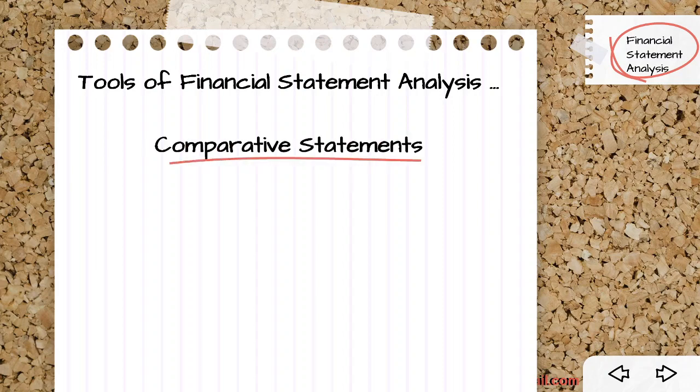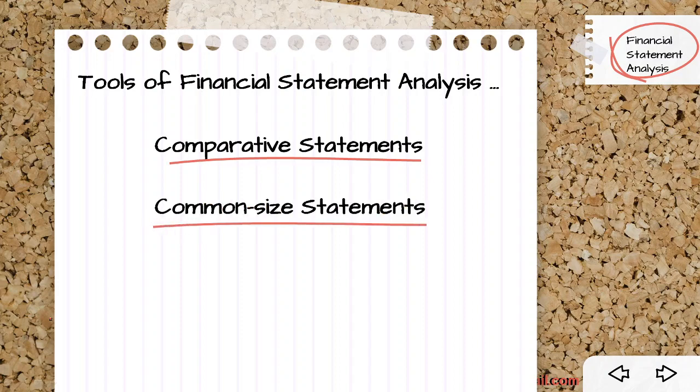So, as we have discussed in the previous chapter, there are four tools of financial statement analysis. The first one is comparative statements. As the name itself is suggesting, comparative statements means where we compare the financial data of two or more years for a particular firm or a particular enterprise, and we find out reasonable interpretations out of it. So the comparative financial statements mean the comparative study of the various components of the balance sheet or statement of P&L for two or more years. It is a kind of horizontal analysis and is commonly used as a measure of intra-firm comparisons.